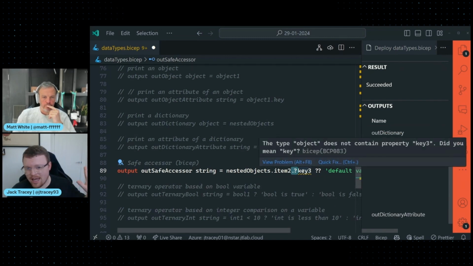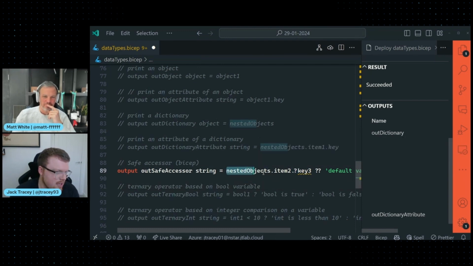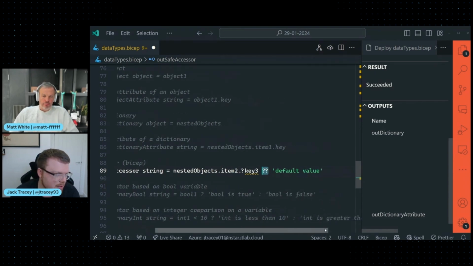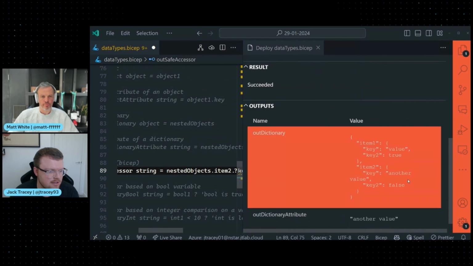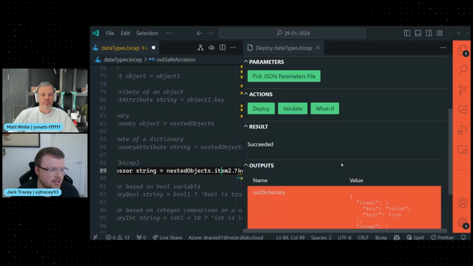The IDE is getting well ahead of itself and being useful. But what I can say here is if key 3 doesn't exist, this is shorthand for coalesce in Bicep. I could type out coalesce as you did. Return this. We know key 3 doesn't exist in this dictionary here in item 2, so we should get back just the default value. So if we hit deploy,